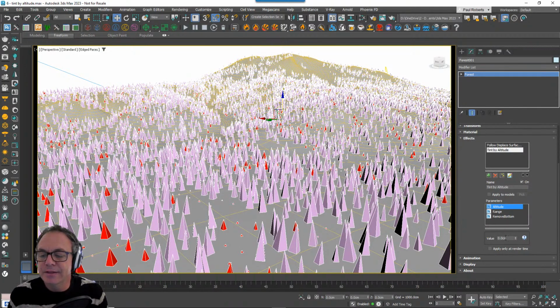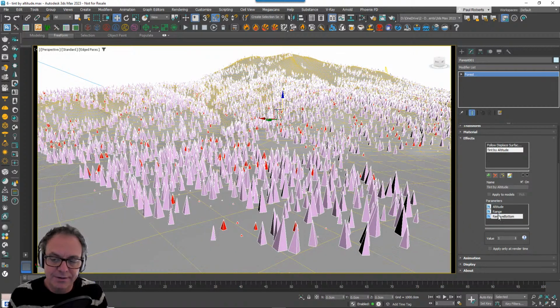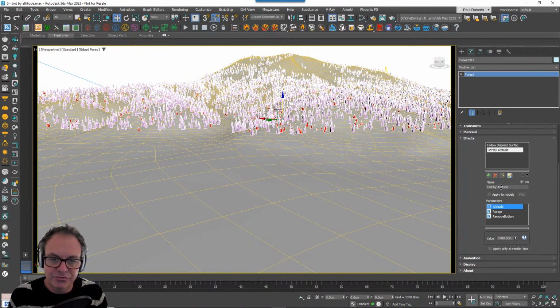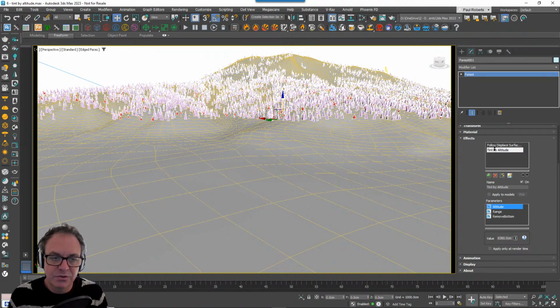The only trouble is it's quite difficult to see where that is without rendering it. So I've added this remove bottom function here, which you turn on just by changing this value to 1, which is purely used so that you can see where the altitude value is. So I'm just removing the bottom so that you can visualize that altitude value.